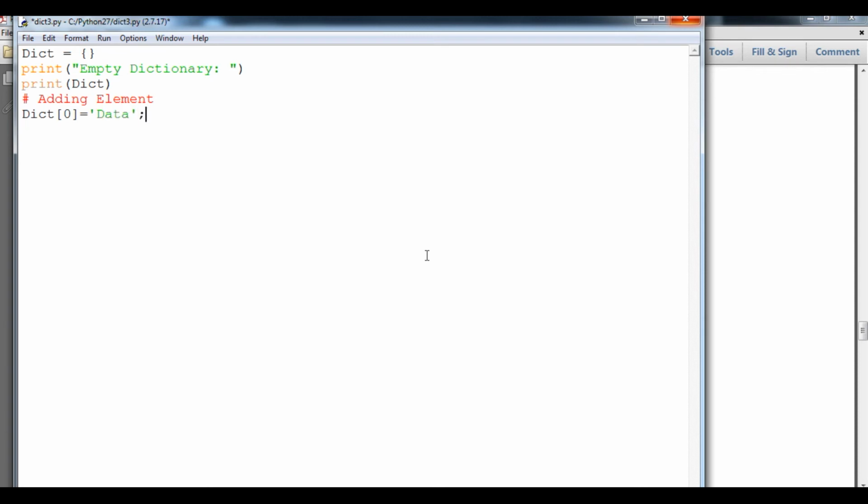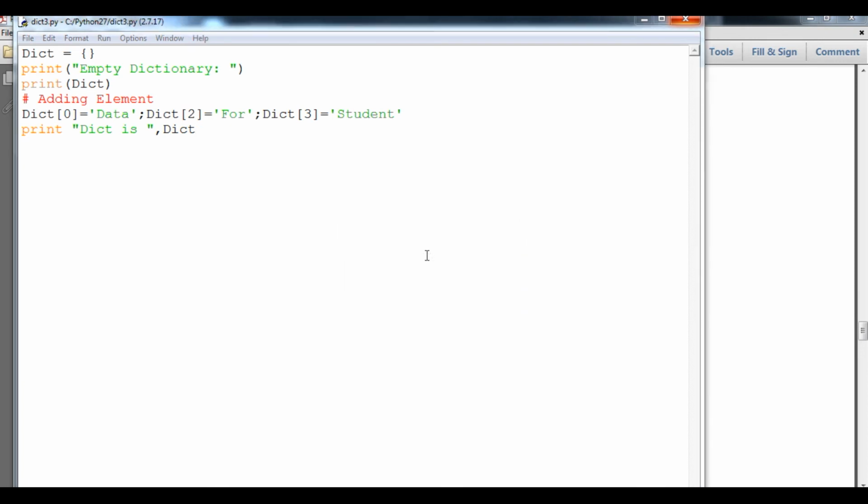Okay, I will do one thing, student: I will type the whole code in one line. I am saying as much as possible because I need more lines further on. So a dict of 2, definitely I will say 4, and dict for 3, we can see that, student. And at last I will just print simply dict. Now we are going to just run it.